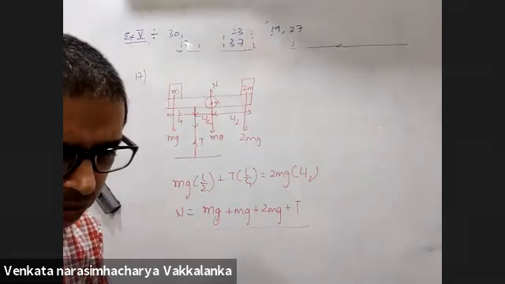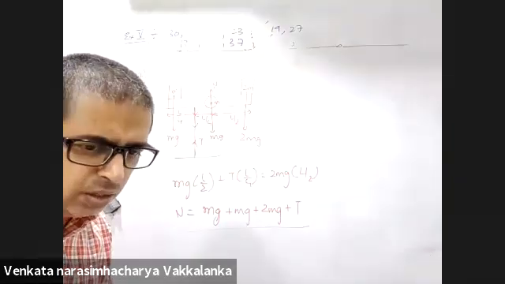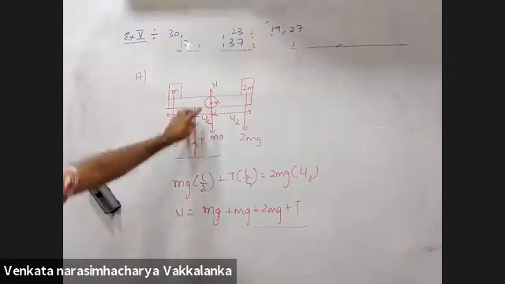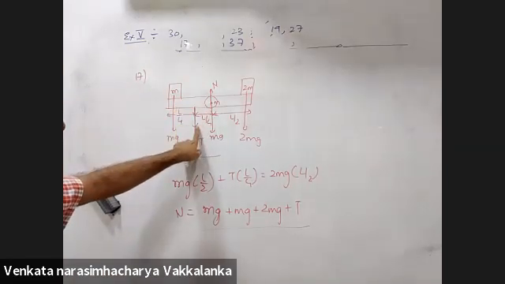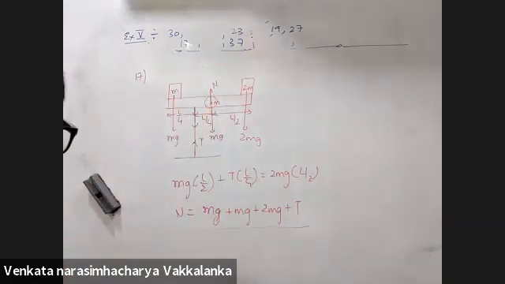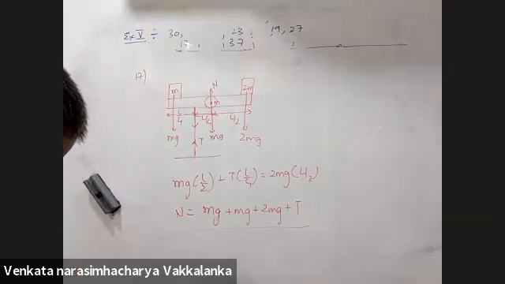When the bar was rotated through 90 degrees and is vertical, what is the linear velocity of the mass? Obviously, conservation of energy. Loss in potential energy is equal to gain in kinetic energy. Cord is cut. It will rotate about this. Sir, we are considering that the masses are stuck to it. Yeah, masses are stuck. They will not slip. If not, they would have given us the coefficient of friction between them. Yes, sir. Thank you.